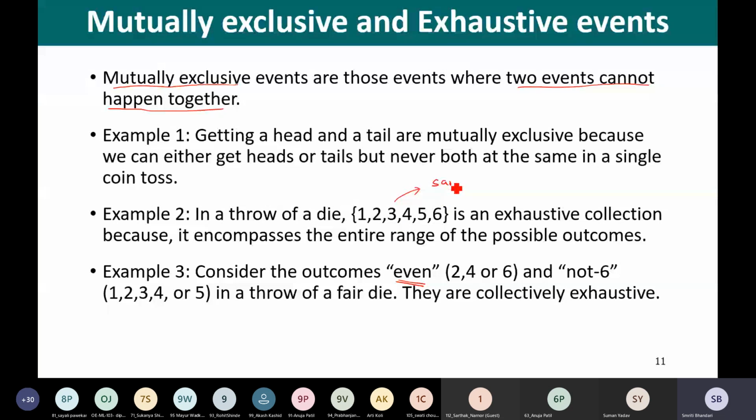So this is my sample space, and this is having an exhaustive collection of the outcomes. Now, let us consider the outcomes of even. So the outcome of even is 2, 4, 6 out of this sample space. And if I say not 6 as the other event, then